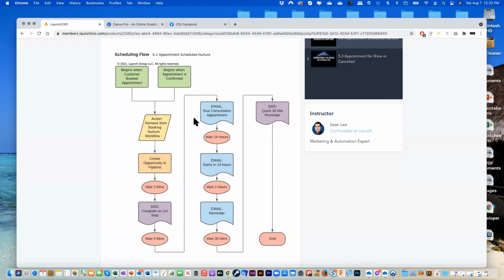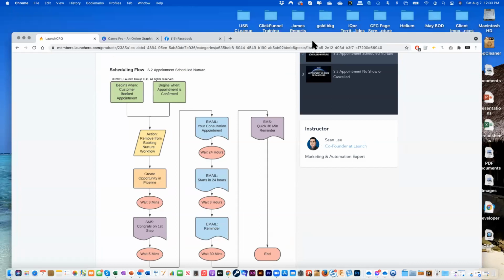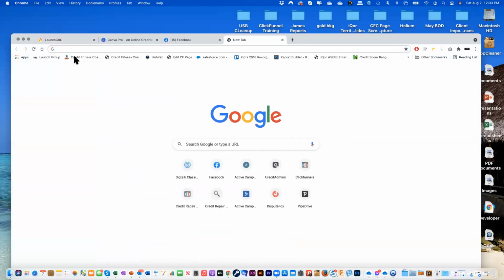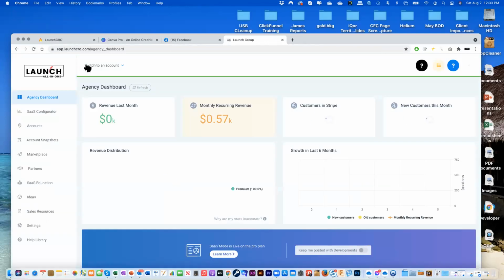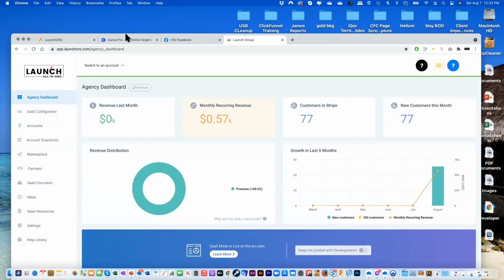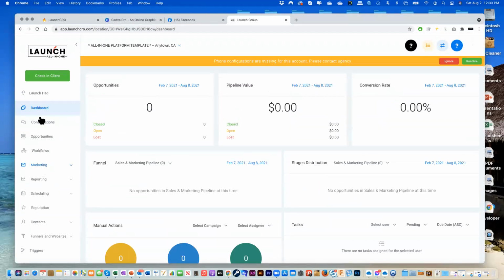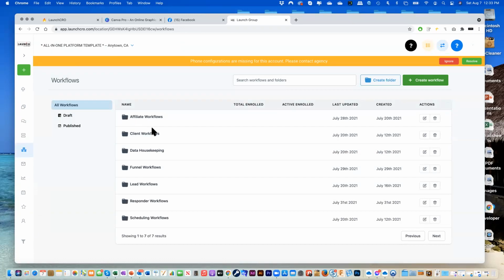So when you say, okay, Chris, I get this flow, I kind of understand where you're coming from, but it doesn't make sense to me. Like, what is this email, or what does this SMS say? So let's look at the all-in-one system. I am going to take us into the demo instance. This is kind of the snapshot copy. I'm going to go into workflows, and I'm going to go down to